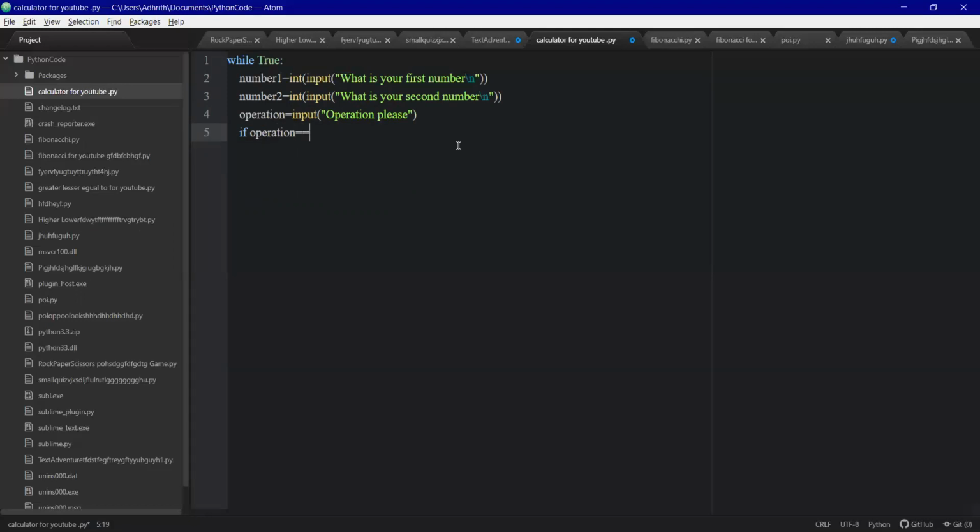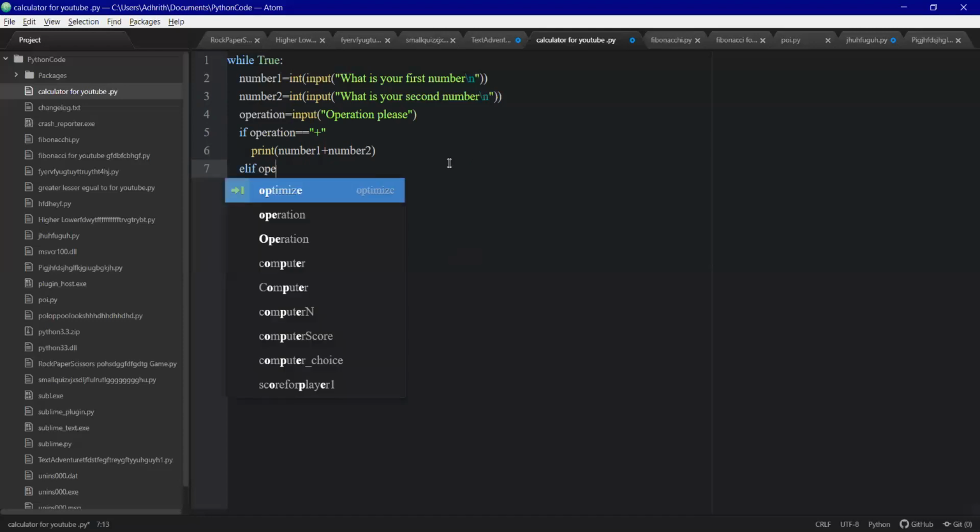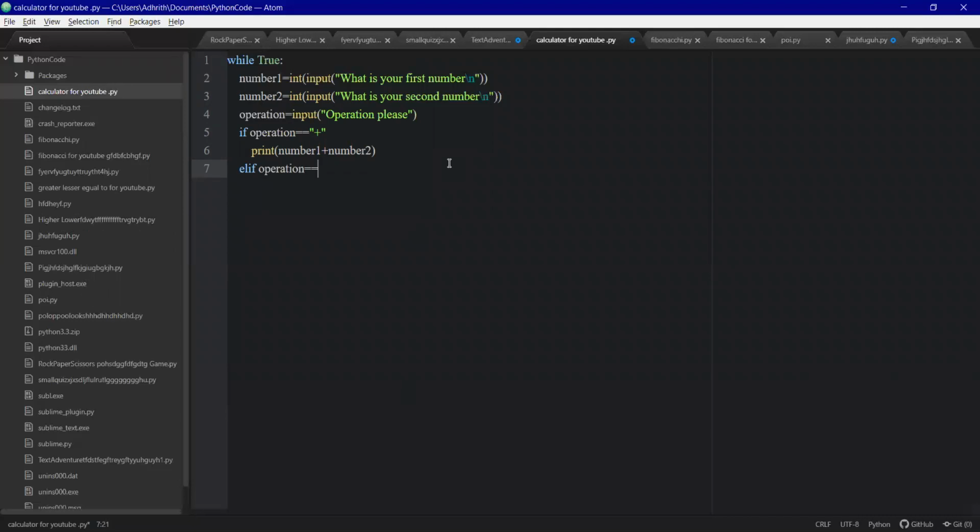Okay, now we have to keep an if: if operation is equal to plus, print number1 plus number2, and if operation is equal to minus, print number1 minus number2, and if operation is equal to multiplication,